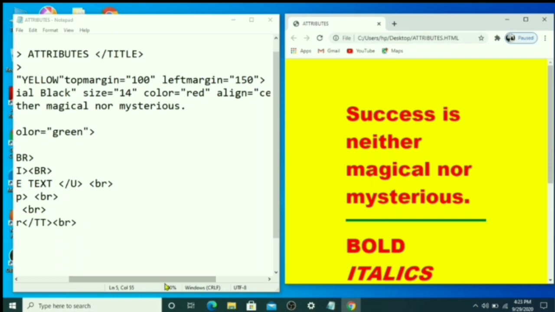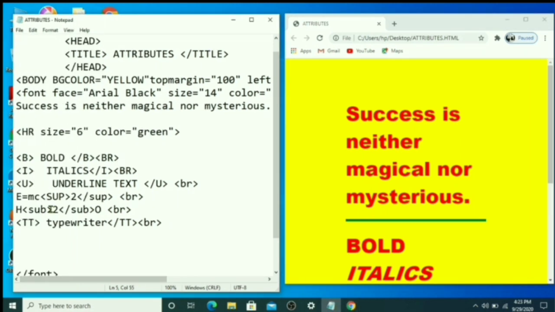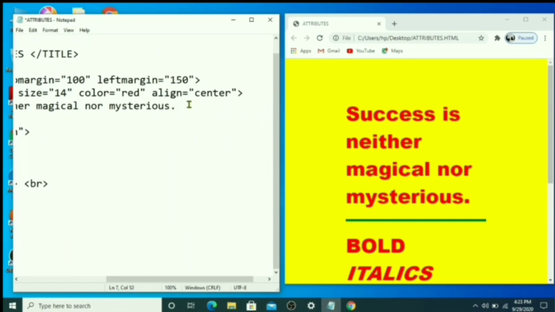Now the most interesting tag, that is the marquee tag. I'm going to put the marquee tag before this text. And at last I have to give this marquee closing tag.